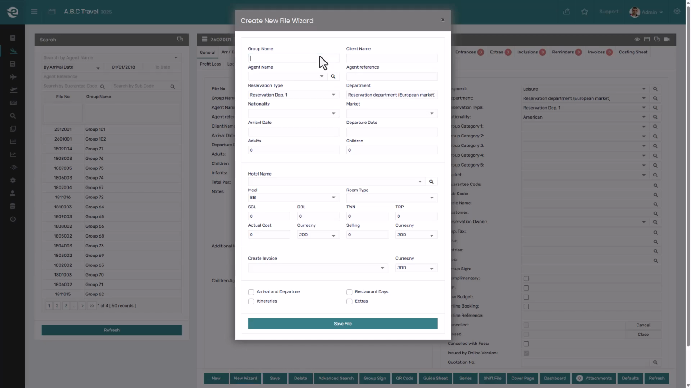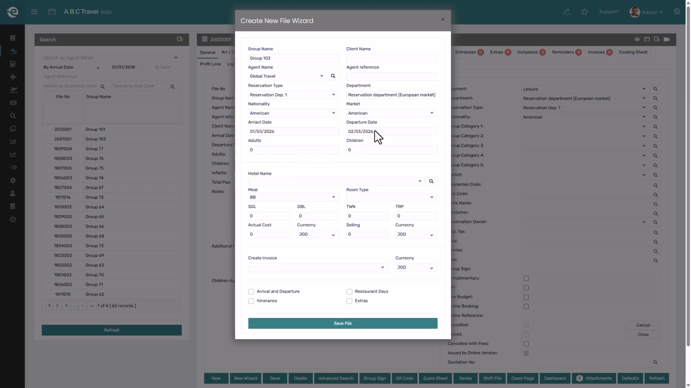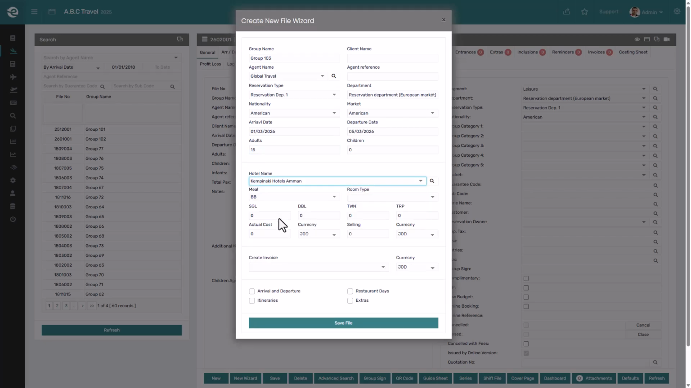Group name, for example, Group 103. Agent name, for example, Global Travel, and other segmentation filters like client name, agent reference, reservation department, type, nationality, and market. Then you can add the arrival date, for example, March 1st, and departure date, March 5th. Then, in the hotel section, you select the hotel name, for example, Kempinski Hotel Amman, meal plan bed and breakfast,